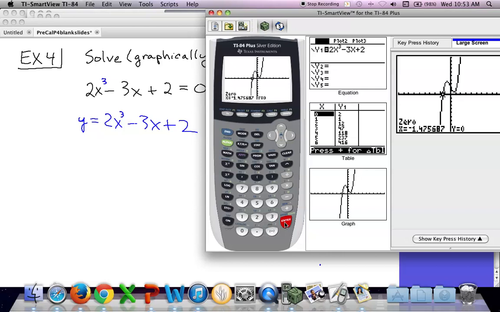-1.4756. I will say that this year the calculus teachers are asking us to round everything to 3 decimal places. Right? So in this case, that would be -1.47